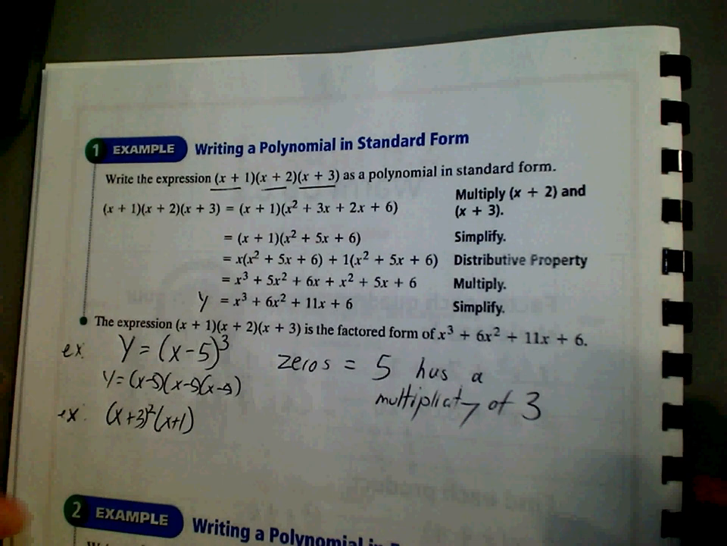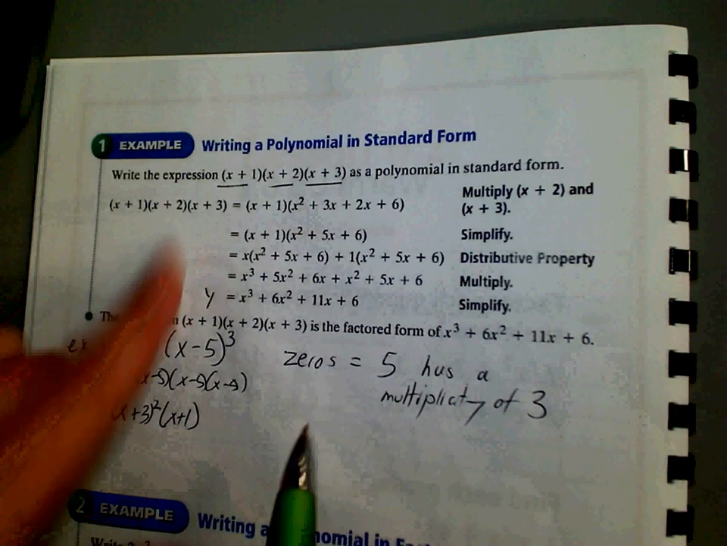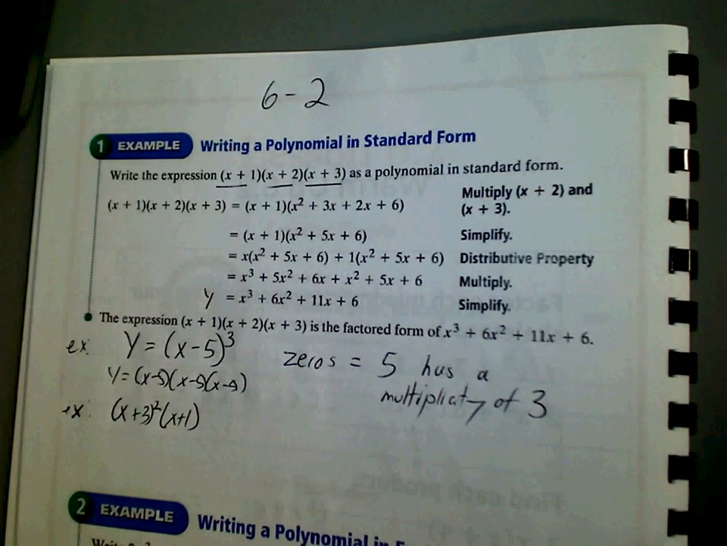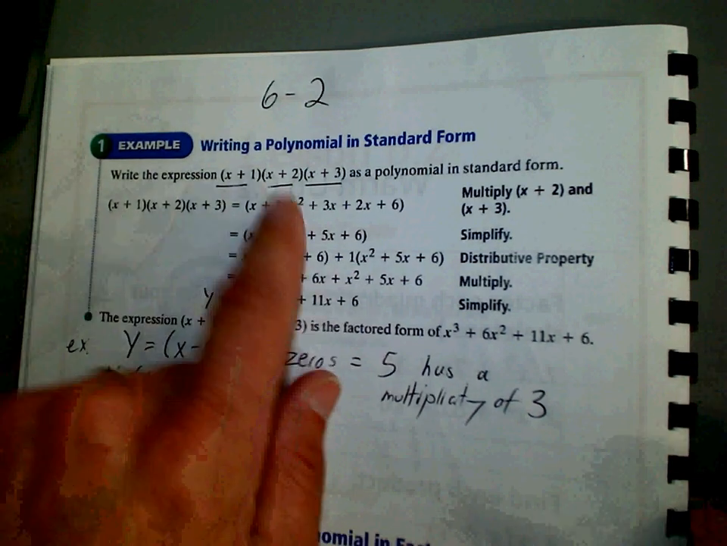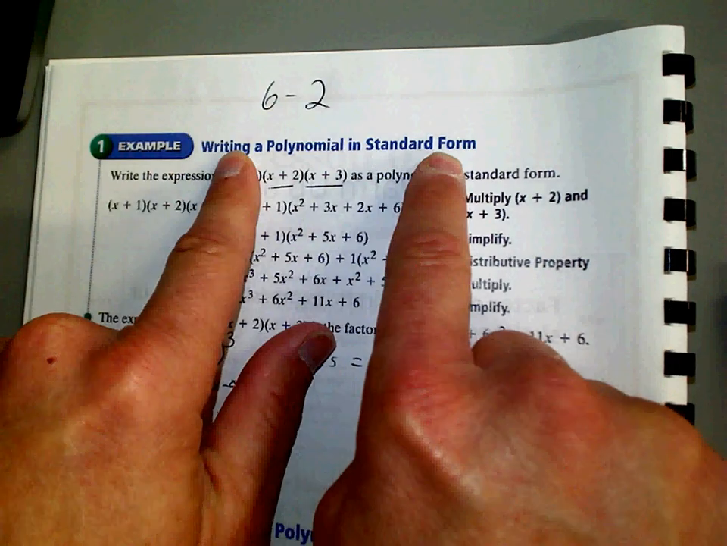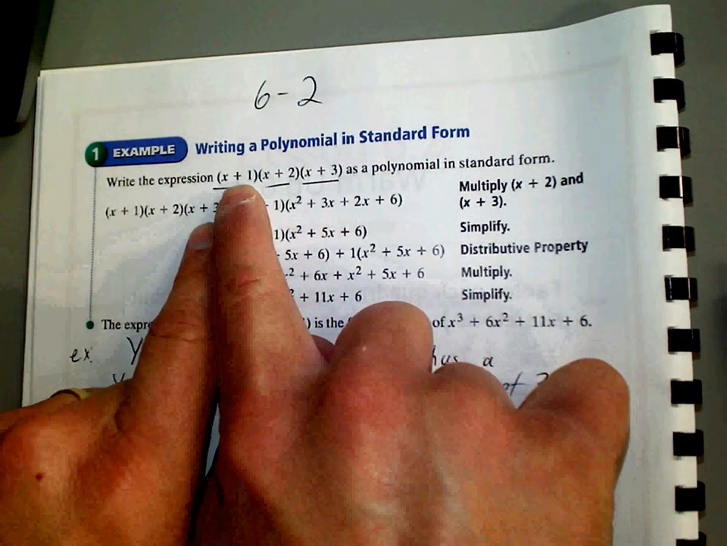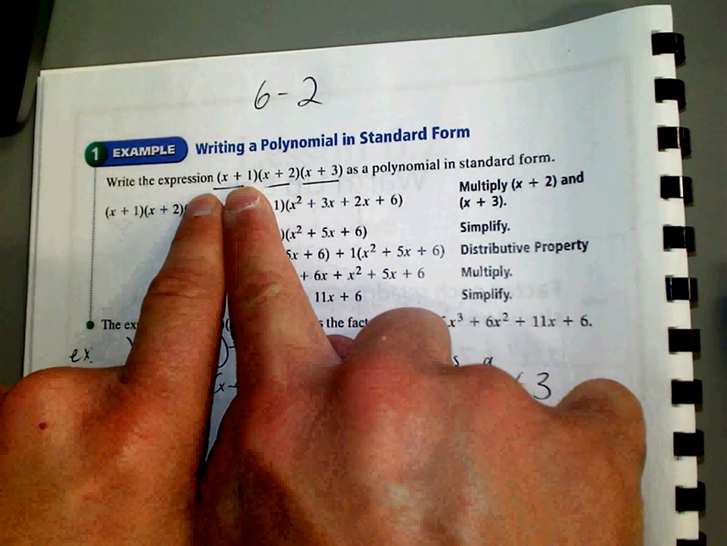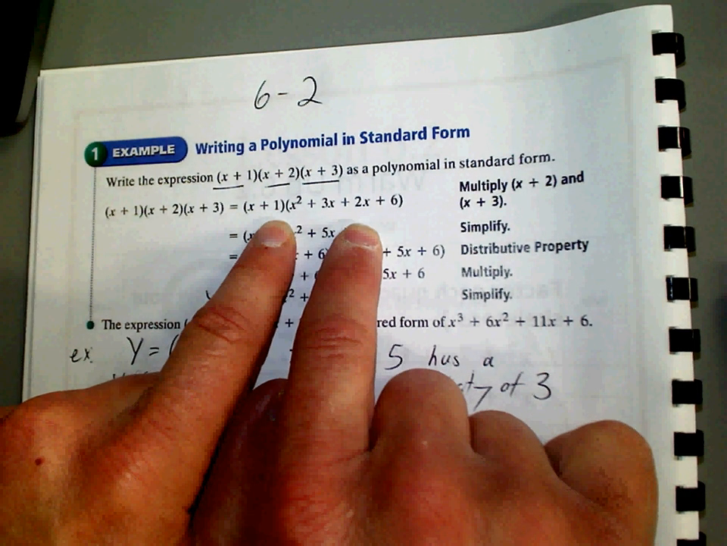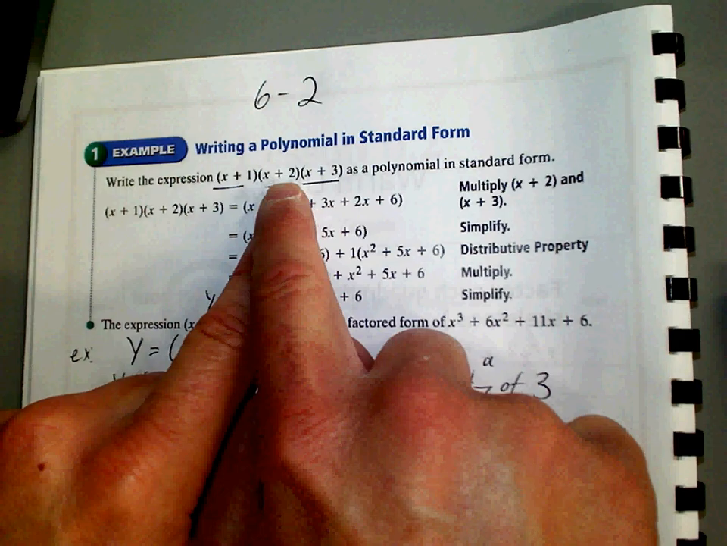All right. This is where we left off yesterday. This is, again, 6-2. Where we're at. So one of the things you'll have to do is write a polynomial in standard form. These three are the three factors. The approach given here was, we talked about this a little bit yesterday, but take two